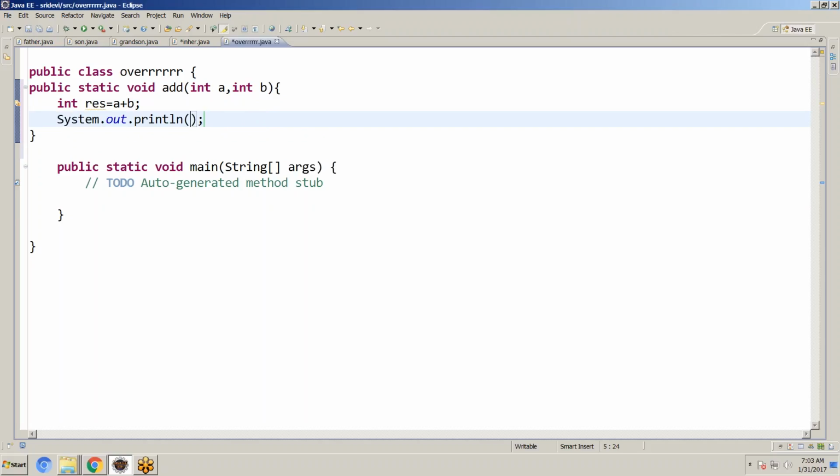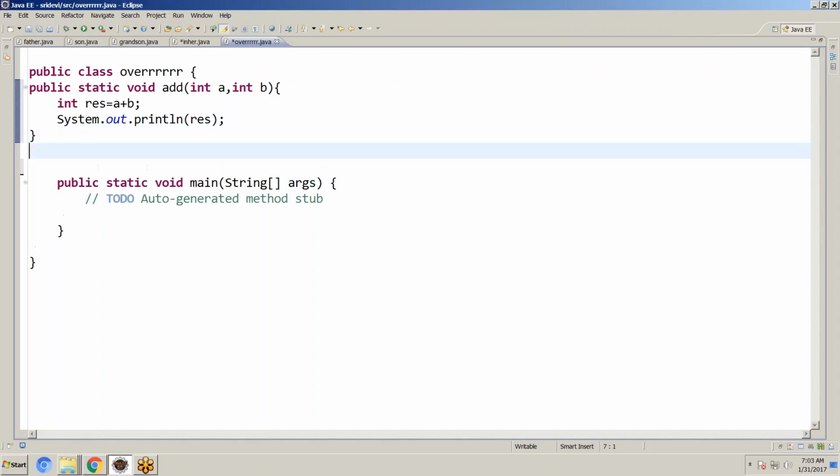Sysout, control space, res. This is the variable declaration. Public static void add, int a comma int b, function bracket, int res equal to a plus b, System.out.println res. Right, I am writing the same function again, public